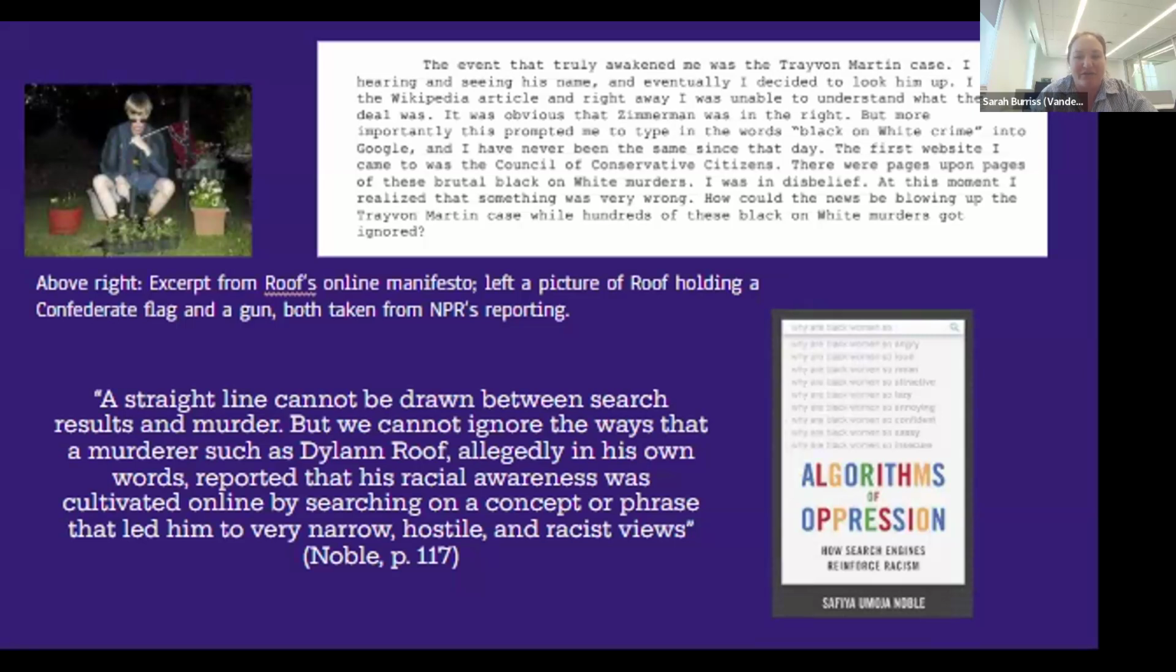So PageRank algorithms had directed Roof to a white supremacist website called Council of Conservative Citizens. In her analysis, Noble shows the role that Google search played in Roof's ideological development. And she writes, quote, "A straight line cannot be drawn between search results and murder, but we cannot ignore the ways that a murderer such as Dylann Roof, allegedly in his own words, reported that his racial awareness was cultivated online by searching on a concept or phrase that led him to very narrow, hostile, and racist